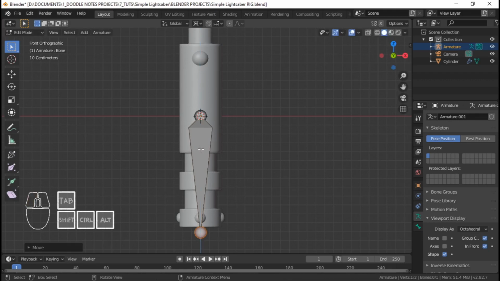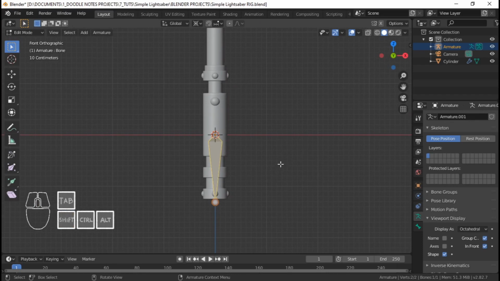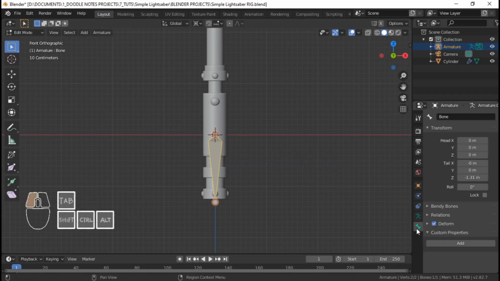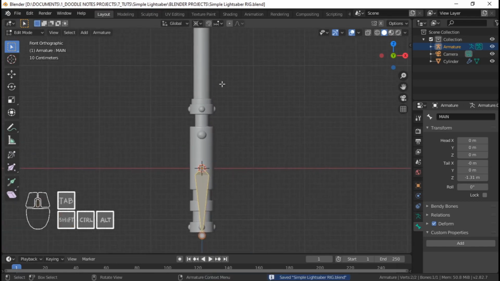I'm just going to edit it like this so that it follows the size of the lightsaber. Then I'm going to rename it by pressing F2, or you can head over to the bone properties right here and rename it right here. F2 is easier though, so we're going to do that. I'm going to call it main bone. So that's our first bone that's going to control every other bone